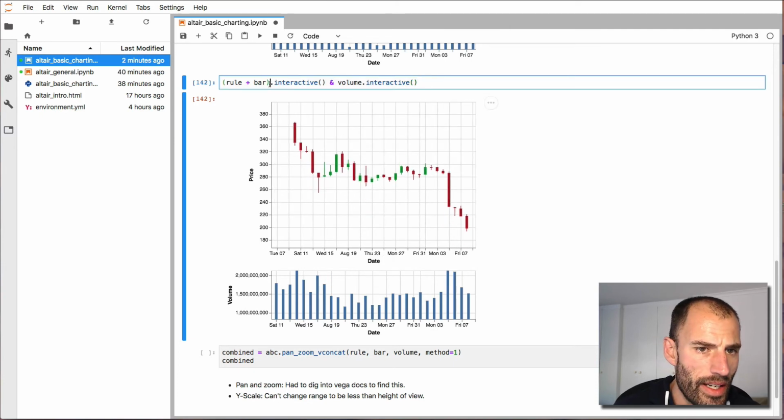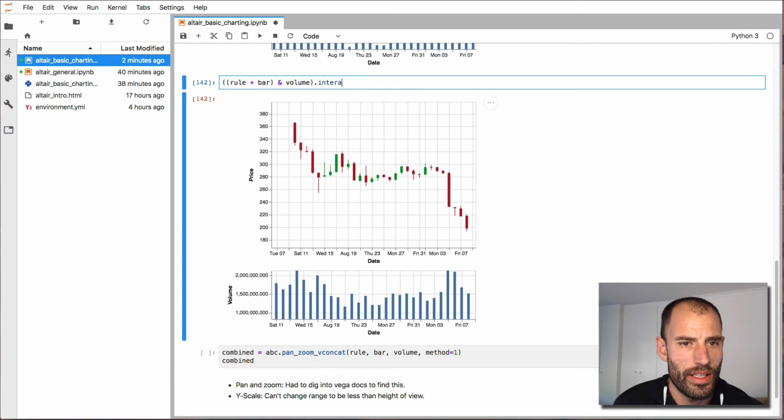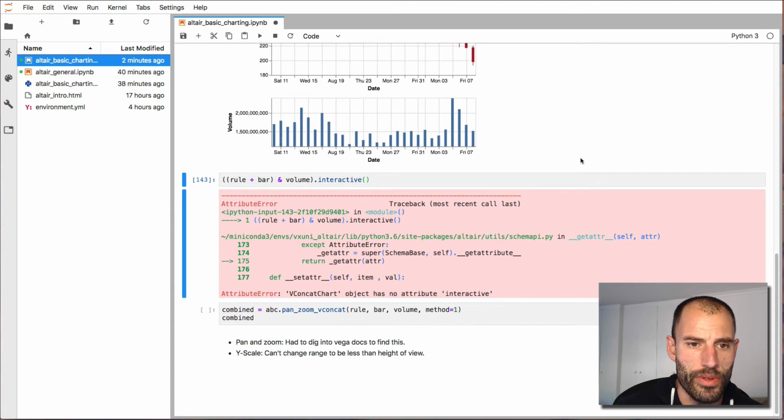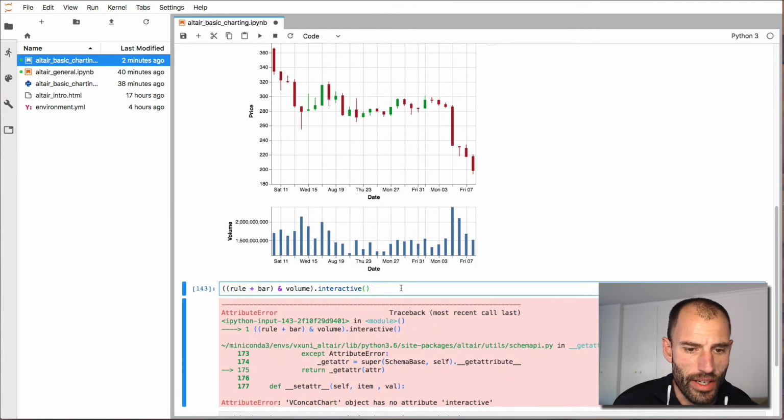Okay, so let's just try one more. I spent a bit too long figuring this out, but let's just see. Let's take the whole combination and go interactive. And now things start breaking because vconcat chart has no attribute interactive. Okay, right. So to be able to solve this problem, I had to go dig into the Vega-Lite source